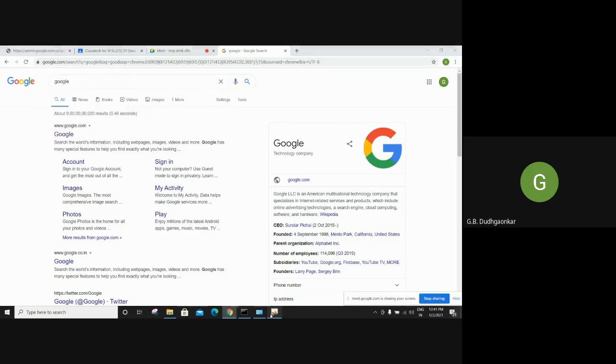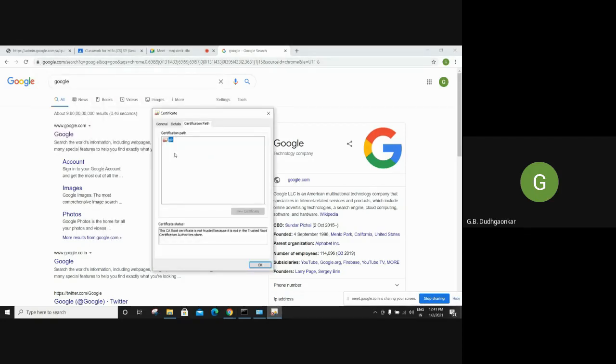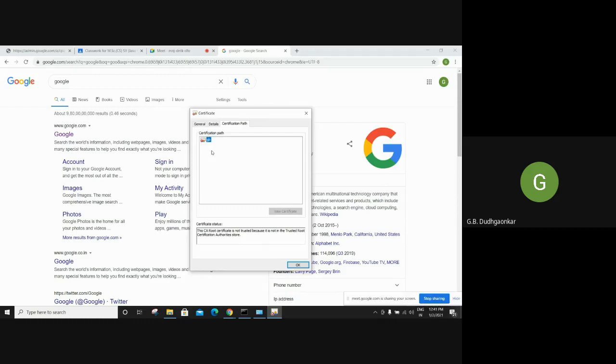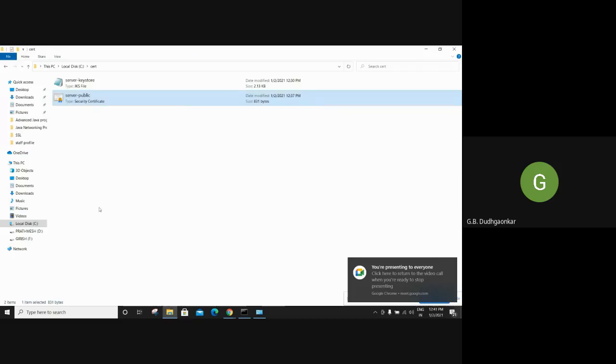But whatever certificate I am showing here is not valid. It is under GB. So what is GB? I have not verified this certificate, but I am showing the way you can create a certificate like this. Now you can import this certificate to the public key store.